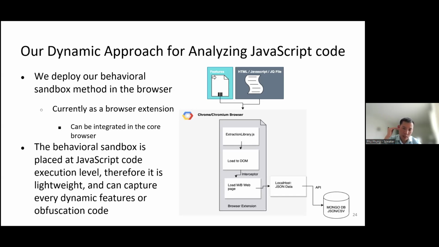Because we capture the behavior, whatever the code is written doesn't matter, right? Because if you use any dynamic code generation or obfuscation code or whatsoever, it will not matter because we capture the reference to the API call, right?